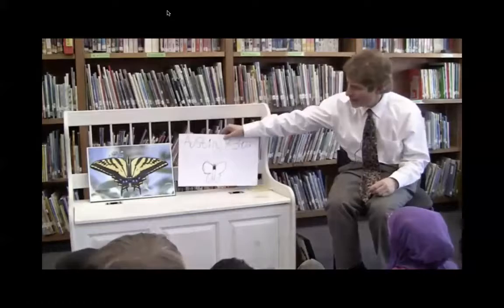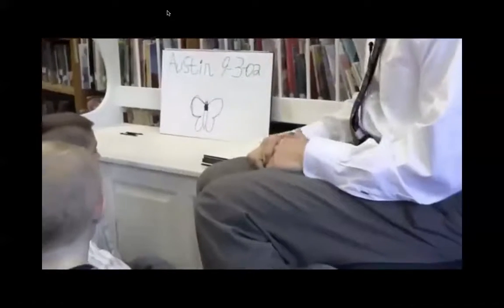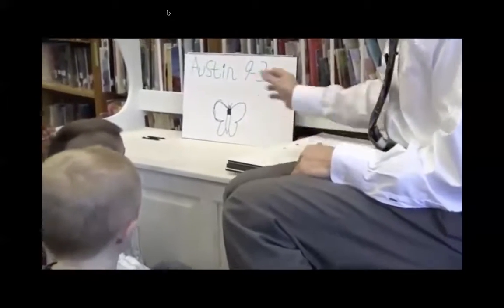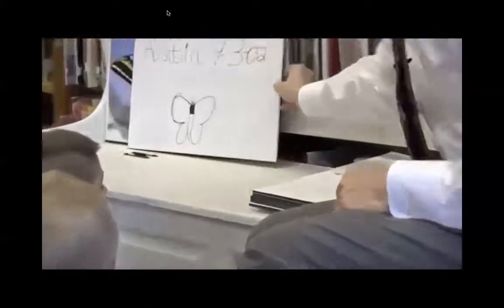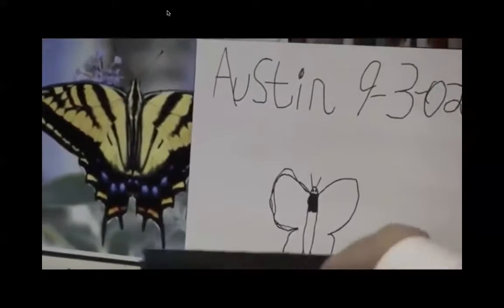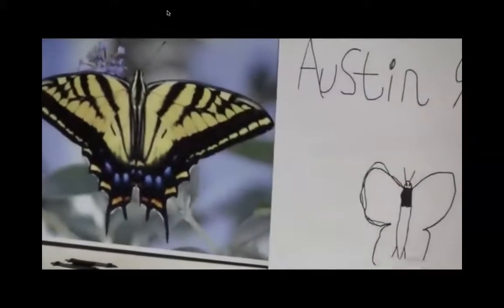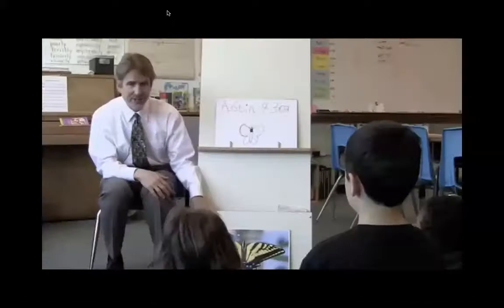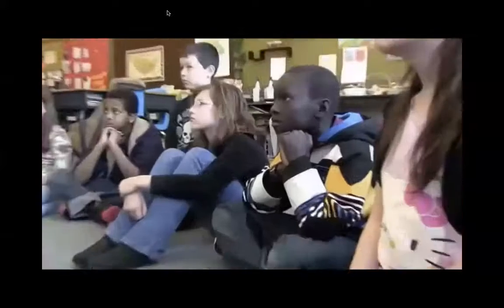And so this is what he drew. Whoa. It's not bad, and it is a butterfly. But does it look exactly like this? No. No, it doesn't yet. It doesn't look exactly like this yet. Luckily, this wasn't a regular school where Austin went. It was an expeditionary learning school, just like Przemysl School. And so they didn't look at this and say, good, Austin, you're done. They said, Austin, good start.